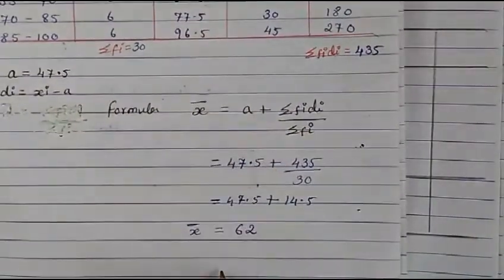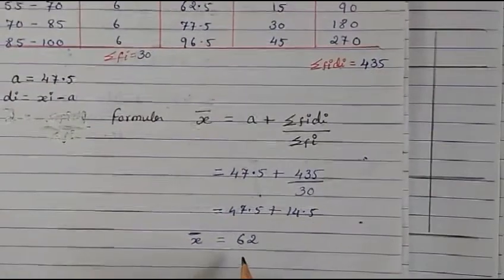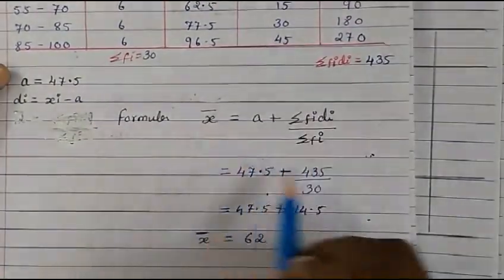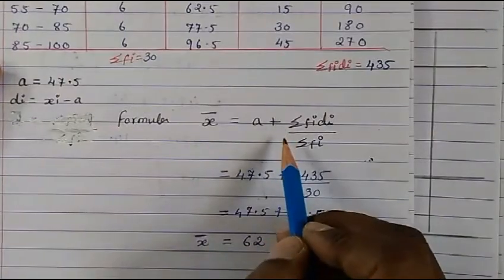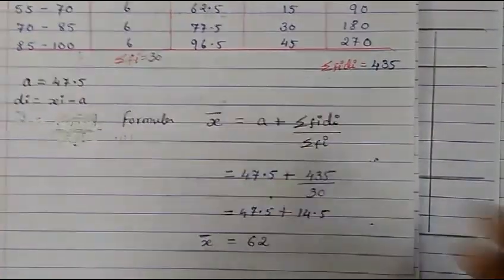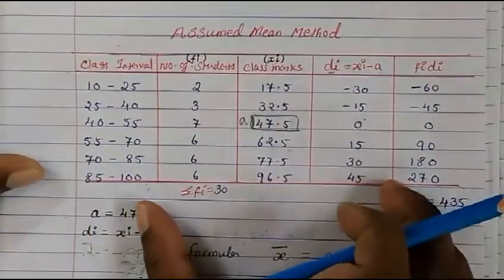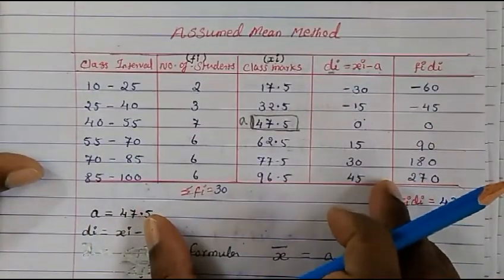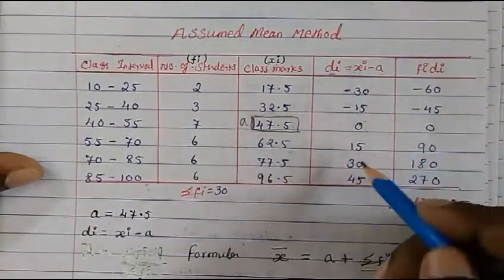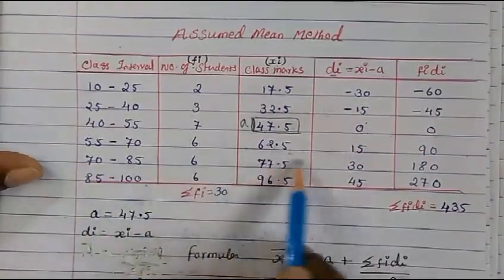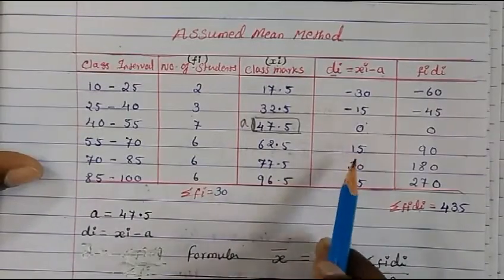Now we are going to see the step deviation method, which I told you is very easy. In the step deviation method it is the same thing, only one more step will come, one more extra column will come, but up to here it's the same. So up to di you have to write for the step deviation method. di is so easy, you don't need to calculate, just write the table of that, as I told you. So all these columns are compulsory. Up to here you have to write down.